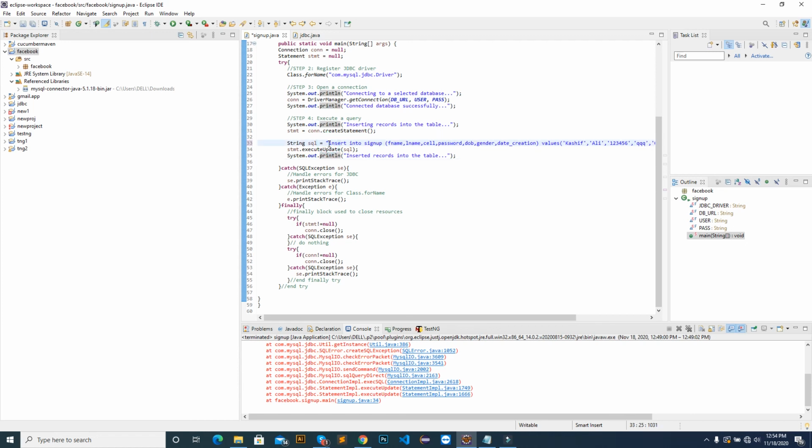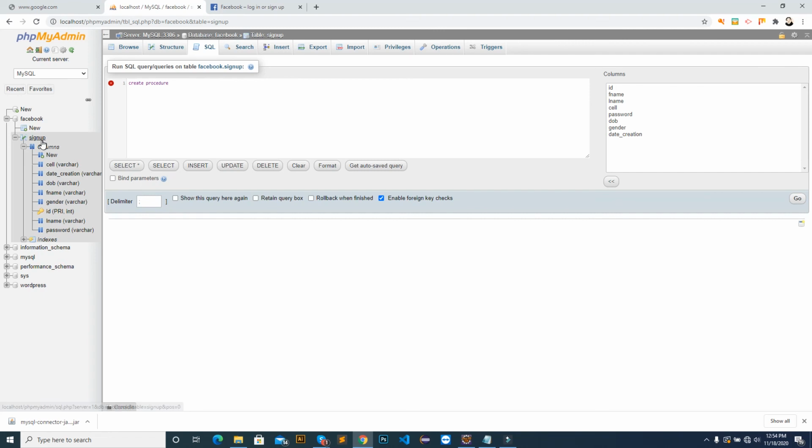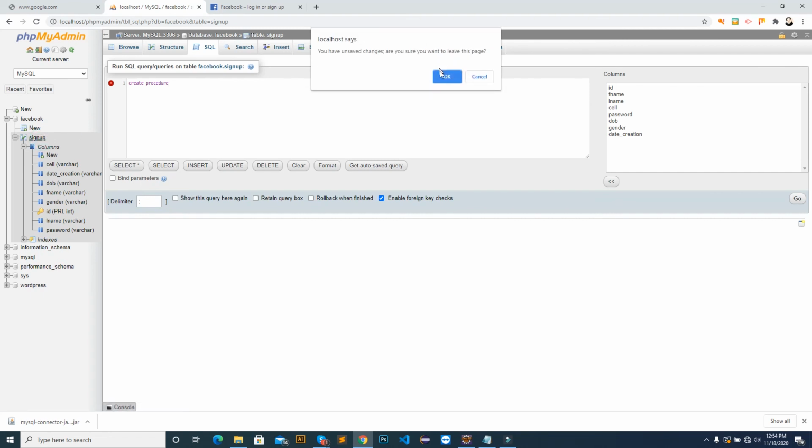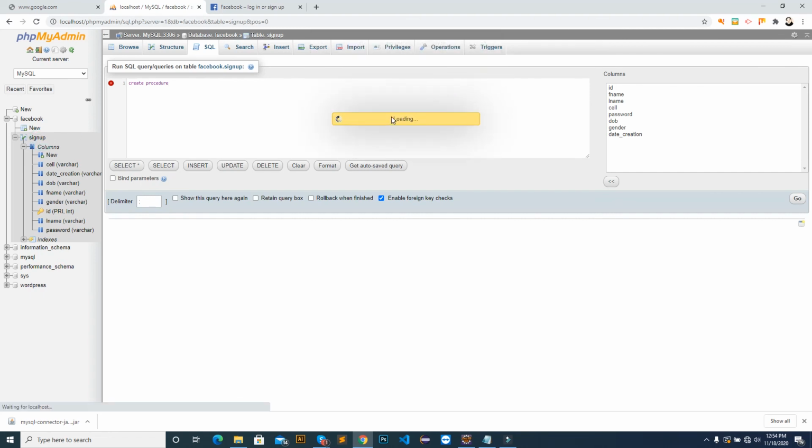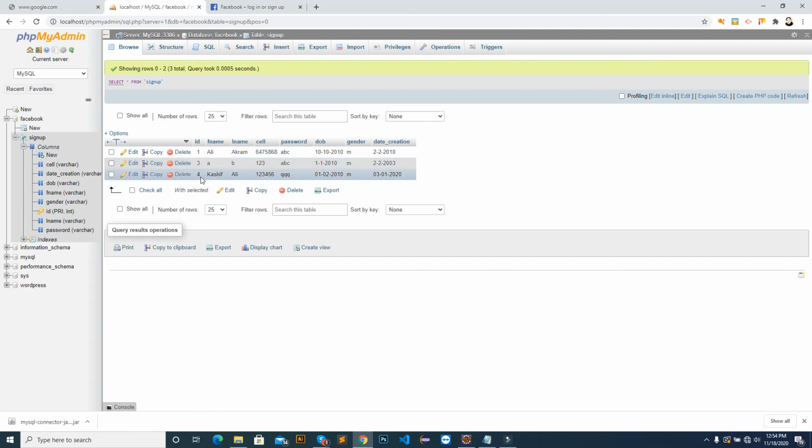What if we want to delete some record? What to do? We have right now the signup table, and we have 3 records, for example 1, 3, and 4. We want to delete record number 4, using some language.